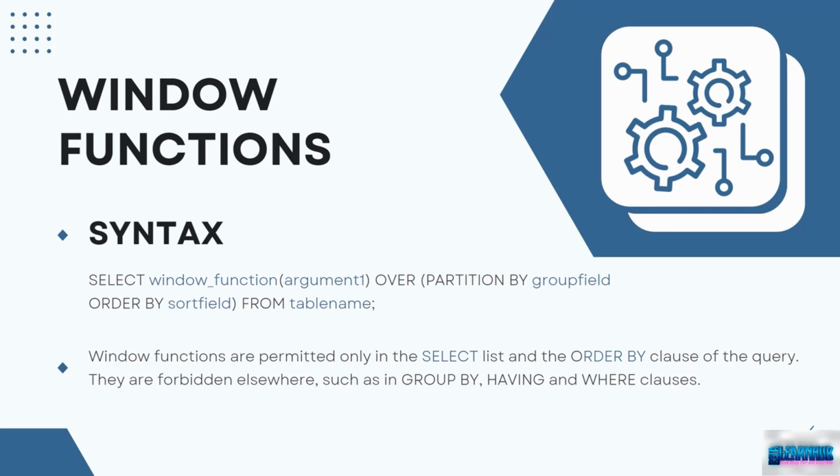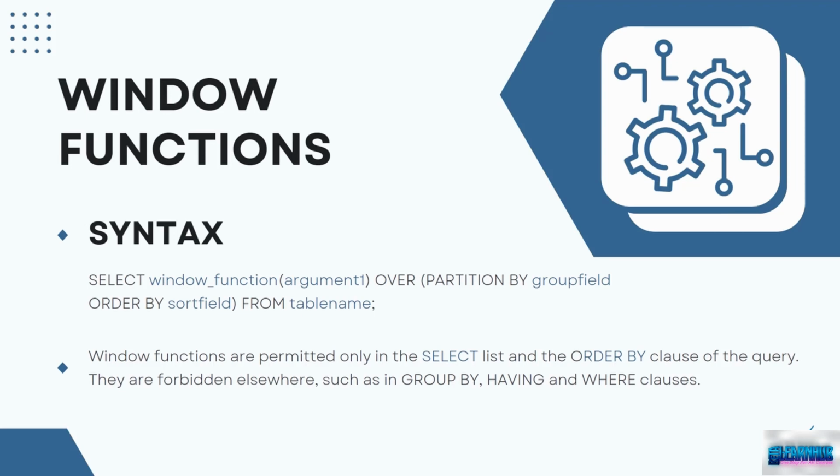PostgreSQL has a sophisticated syntax for window function calls. The following illustrates the simplified version. SELECT window_function(argument1) OVER (PARTITION BY group_field ORDER BY sort_field) FROM table_name;